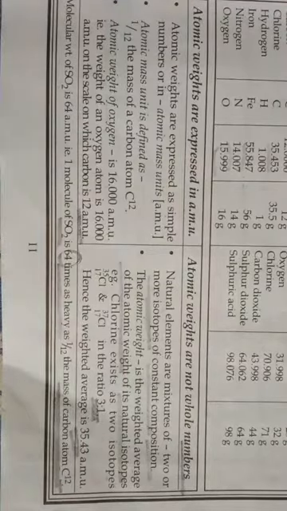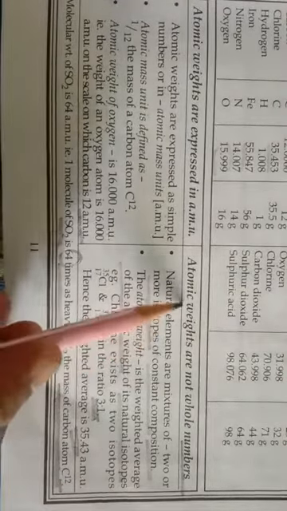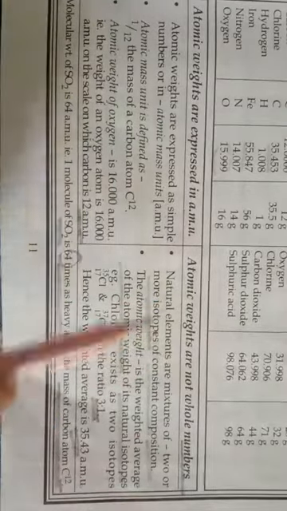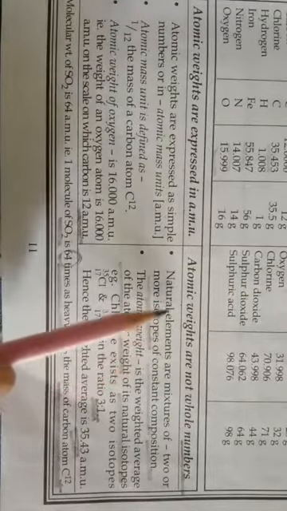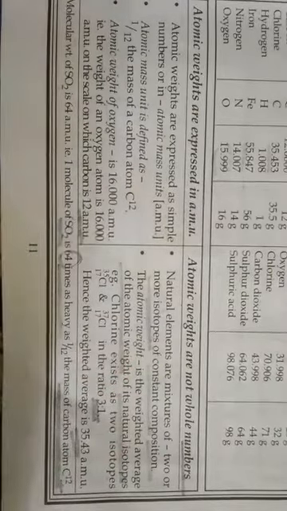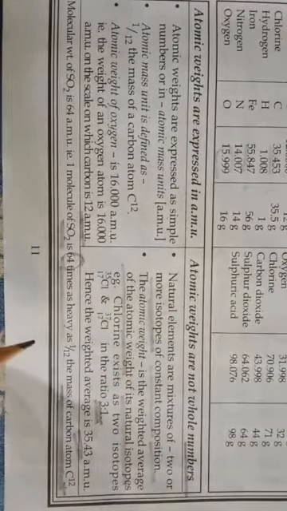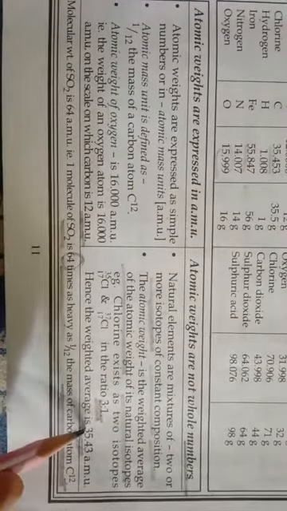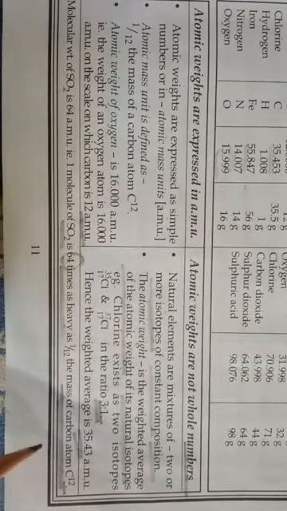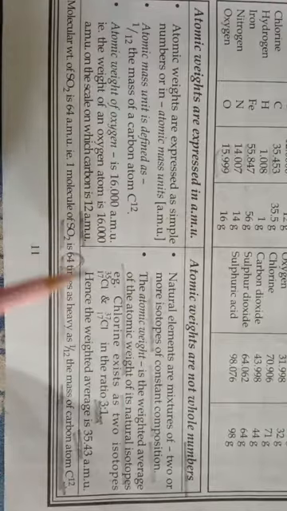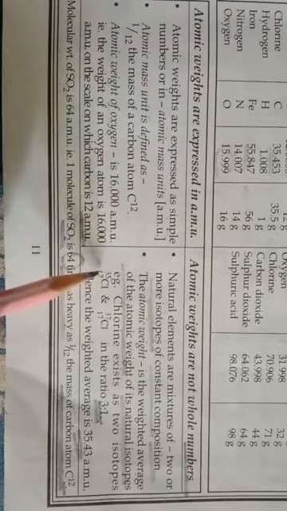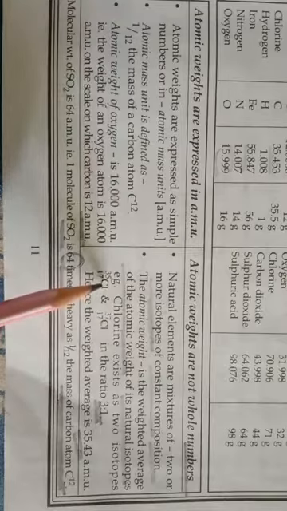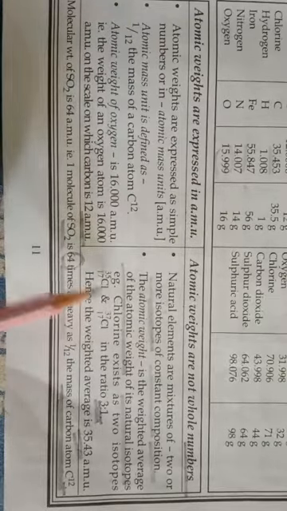This lecture is on the topic atomic weights are not whole numbers. Okay children, so this we have discussed already. Now today I want to tell you how we calculate that average atomic weight of chlorine is 35.43. Okay children, so as it is given here that chlorine, two different isotopes of chlorine are present in the atmosphere and their ratio is 3:1.